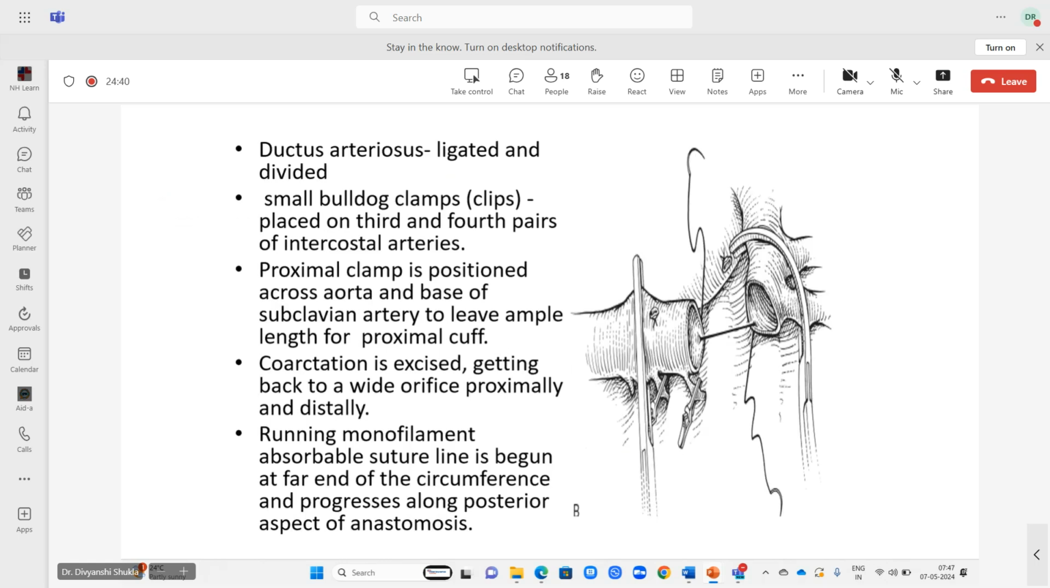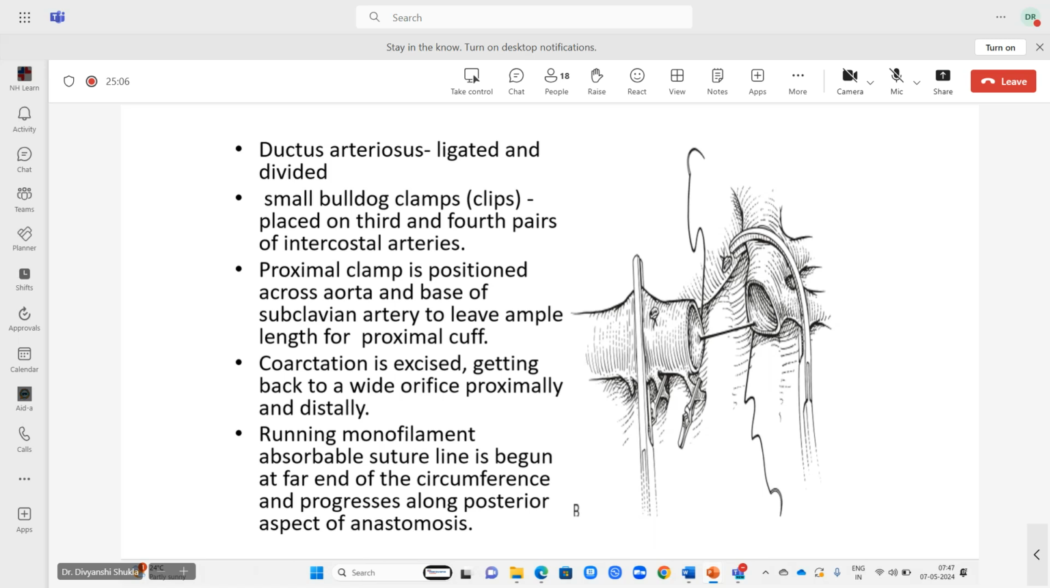The steps: the ductus arteriosus is ligated and divided. Small bulldog clamps are placed on the third and fourth pairs of intercostal arteries. The proximal clamp is positioned across the aorta and base of the subclavian artery to leave ample length for the proximal curve. The coarctation is excised, getting back to a wide orifice proximally and distally. And then the running monofilament absorbable suture line is begun at the far end of the circumference and progresses along the posterior